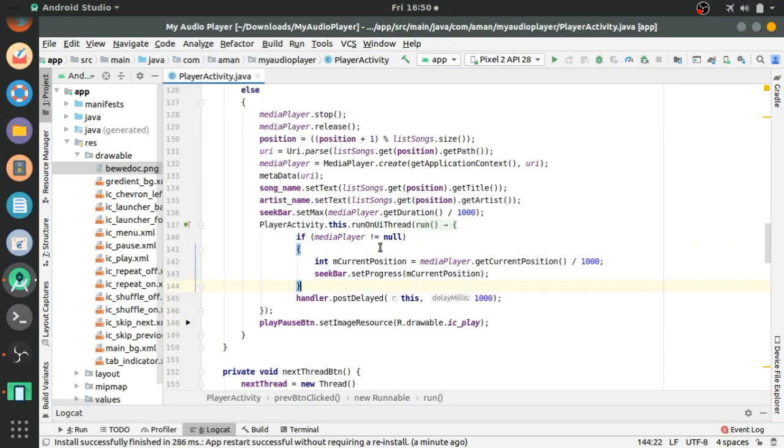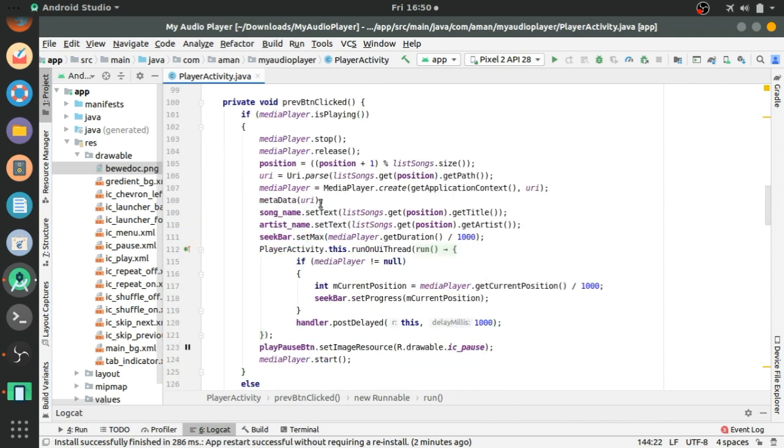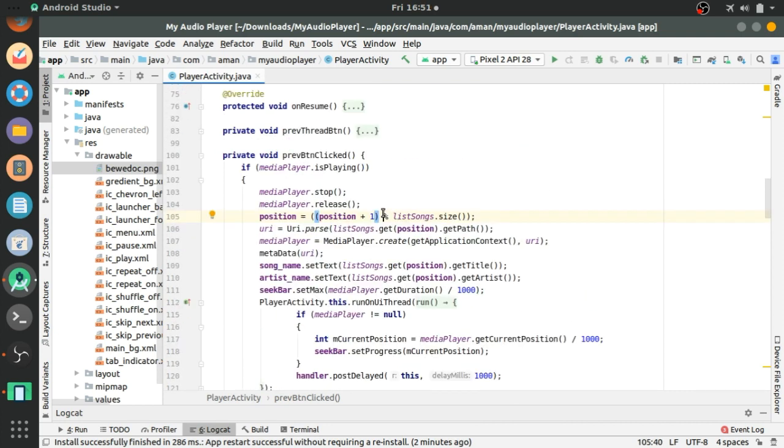Here we will paste it, and we just have to change the position to decrementing, means position - 1, if it is less than 0, then it will be listSong dot size - 1, else position - 1.